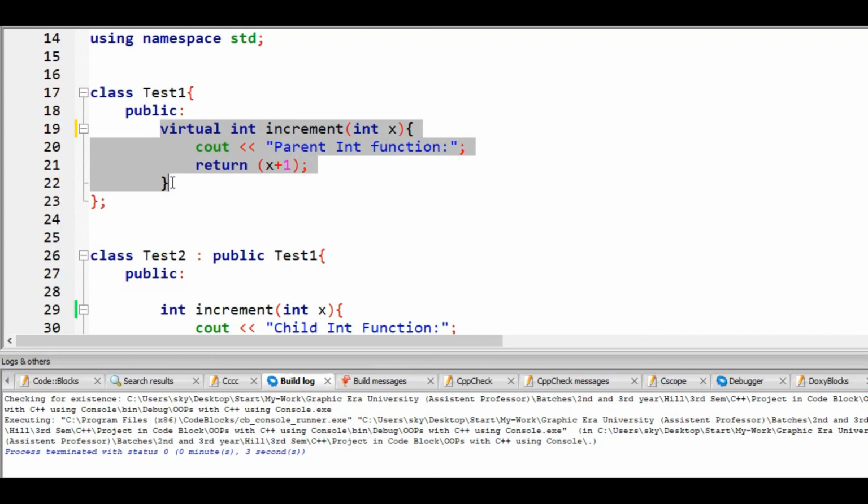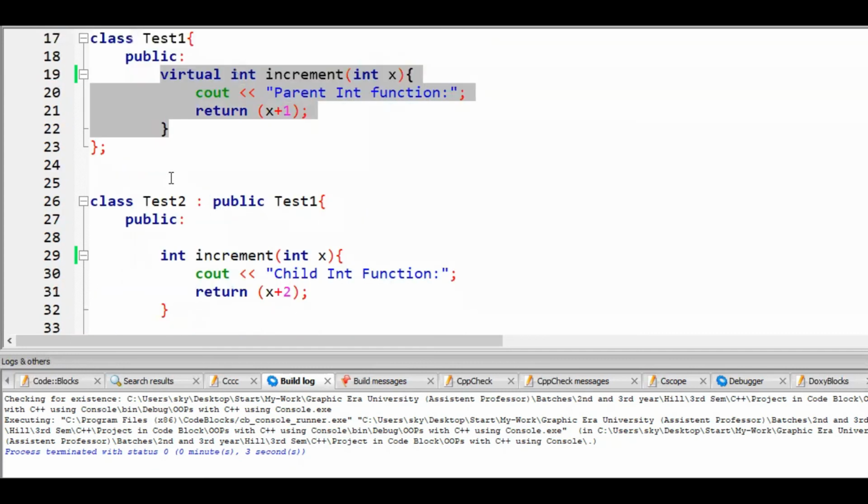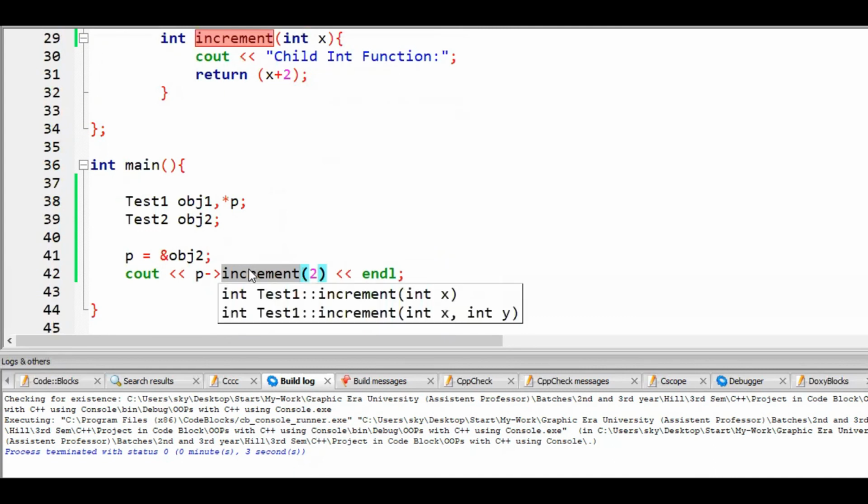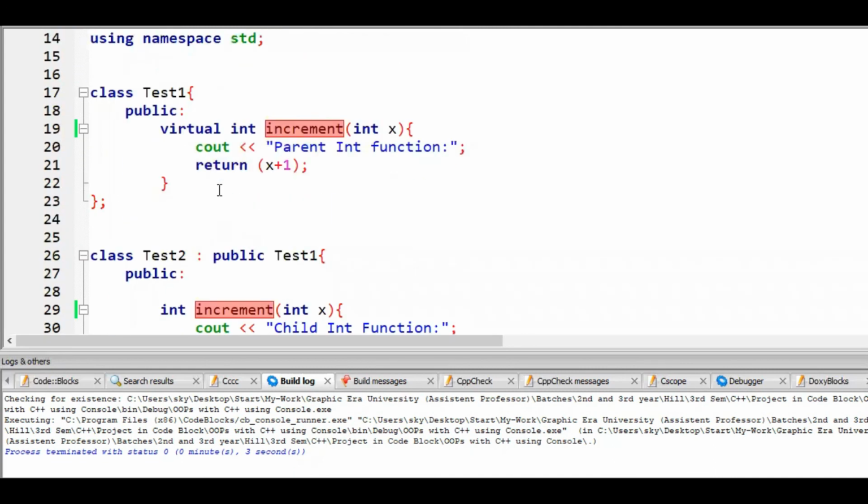So this function will not be bound as an early bind or compile time binding. By doing so, if this function is called during the compilation time, the compiler will say, okay, I'm not binding it, I'm not fixing it with its call.